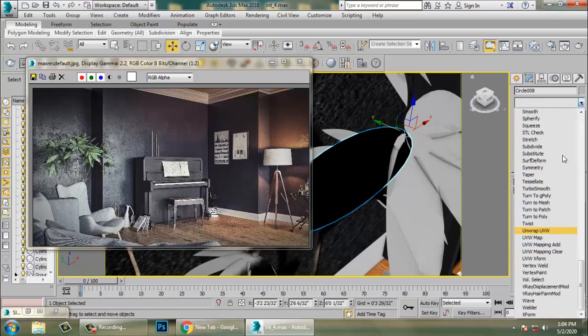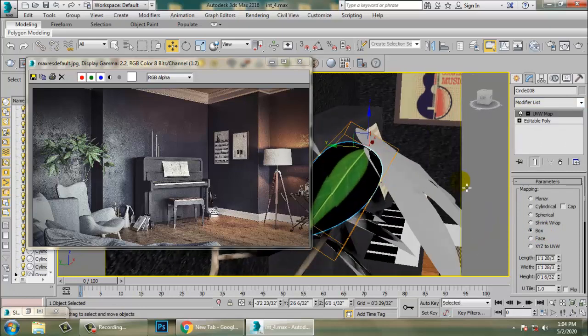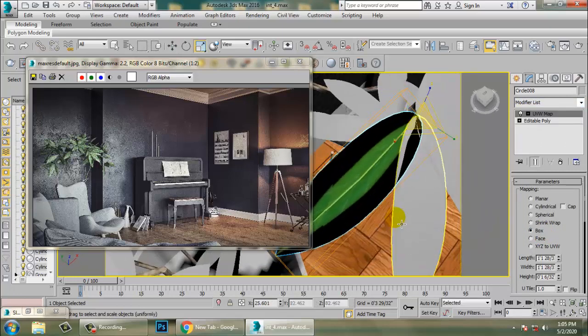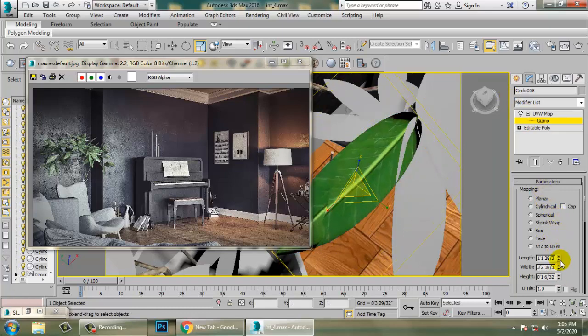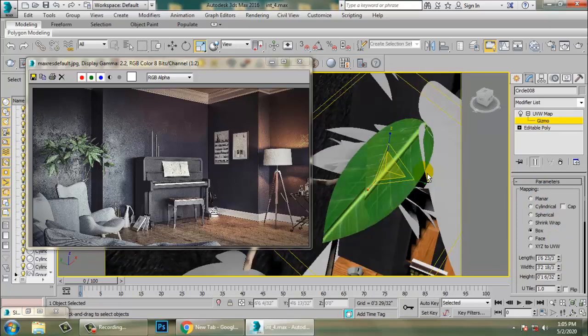Take a UVW map over here and fit it. If you can unwrap it, you can easily unwrap this over here if you want, or you can just manage to place it in this way. That's it.